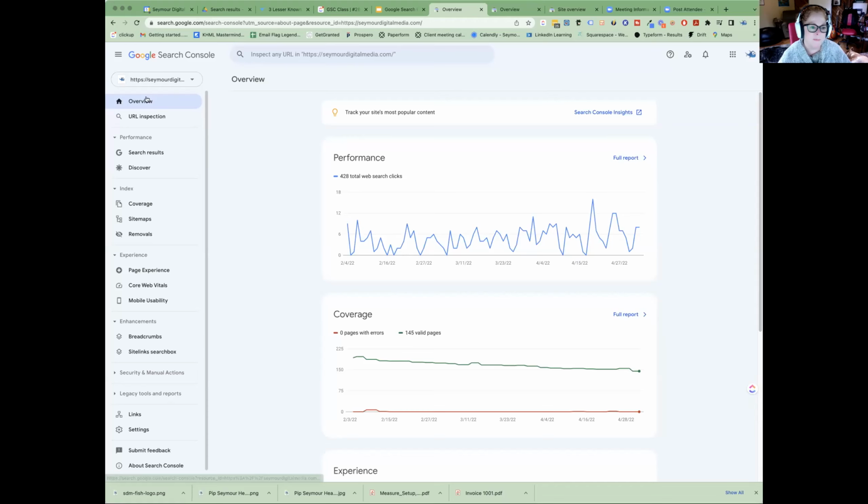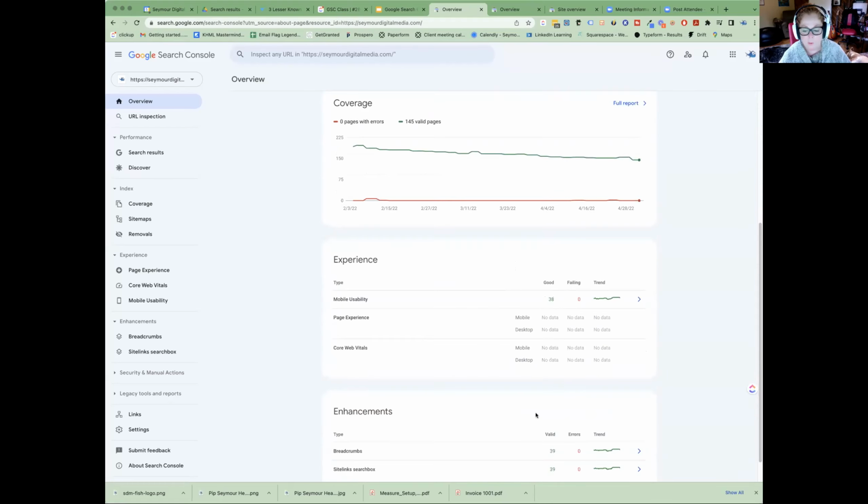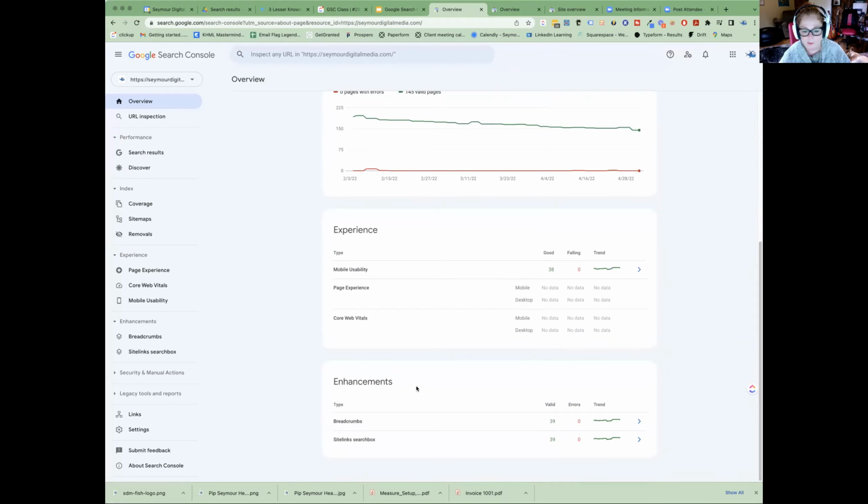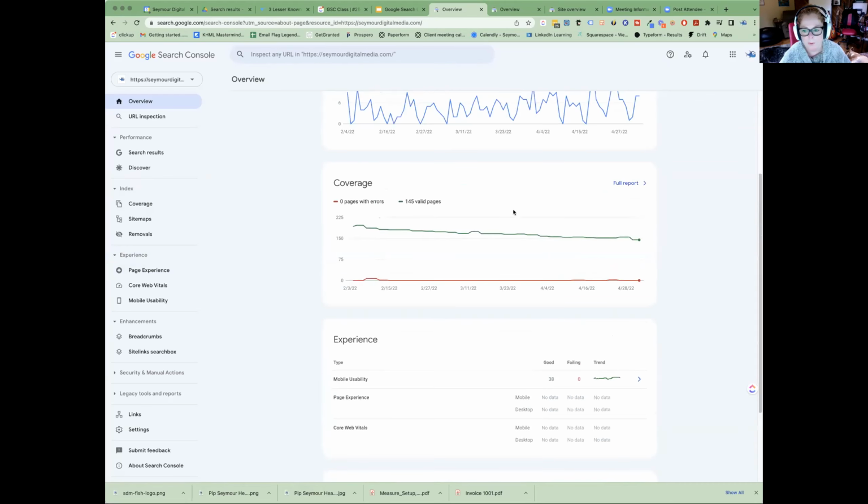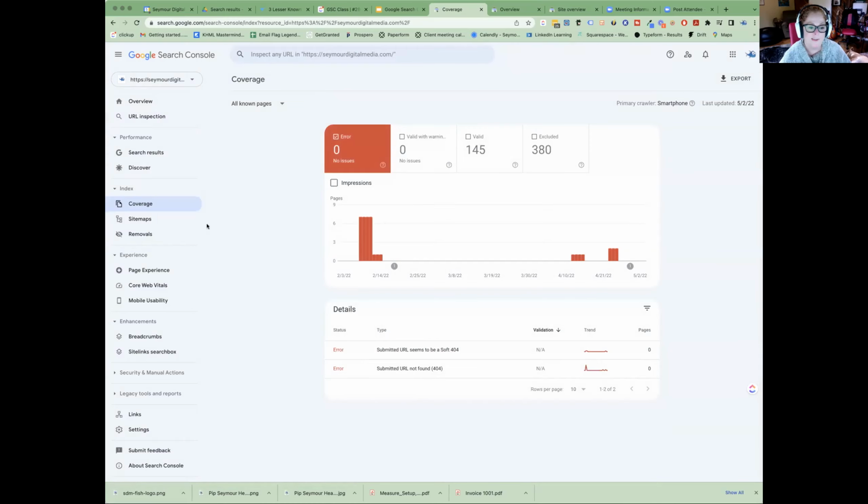And your home screen with most Google products will say overview or home, and all the things in the middle of your screen will take you to other reports. Enhancements are enhancements, right? Experience is experience. Some people don't have experience. Coverage, you can see coverage full report. If I click on this, you can see that it opens over here. Ooh. And if I go back to the home screen,